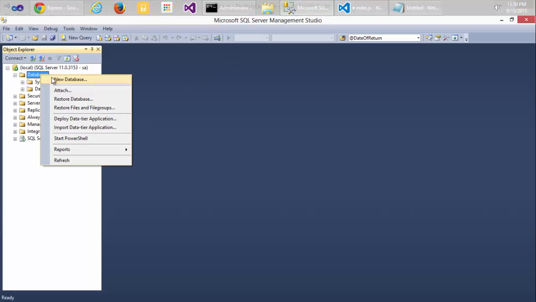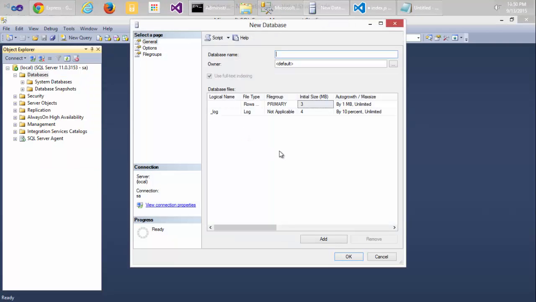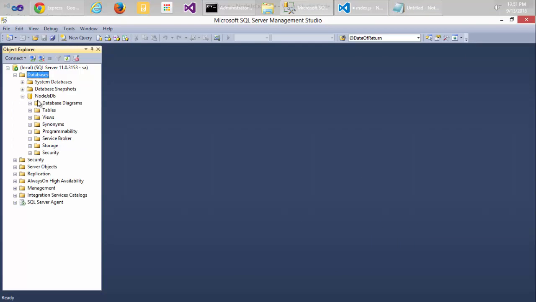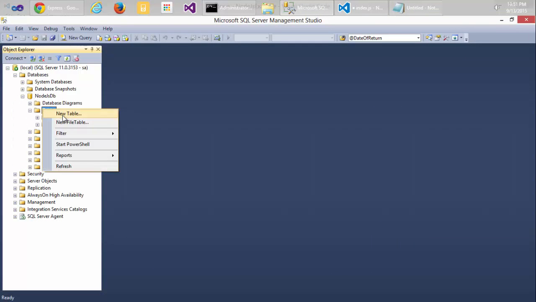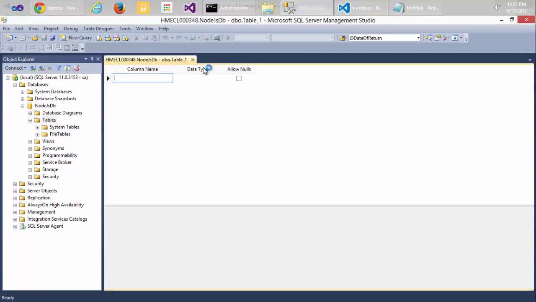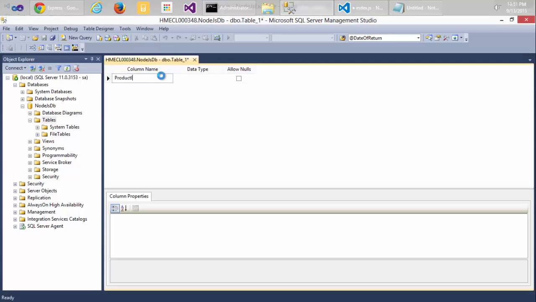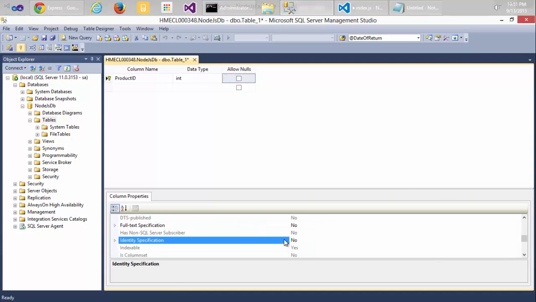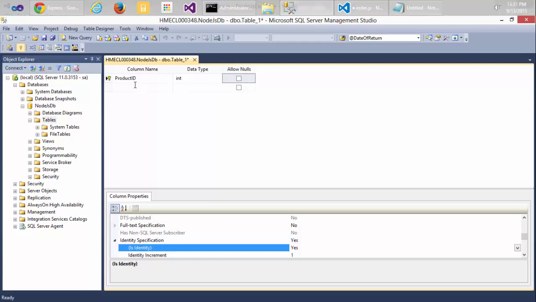So let's also quickly create a database while we are at it. I'm going to create a new database here, and we're going to call this Node.js DB, right? And we're going to start creating our tables here, and I'm going to create a very simple table called products, which has just 3 columns: product ID, product name, and product description. So I'm going to create a product ID here, which is an integer. Of course, it's a primary key and it auto increments. So I'm going to set identity specification to true,